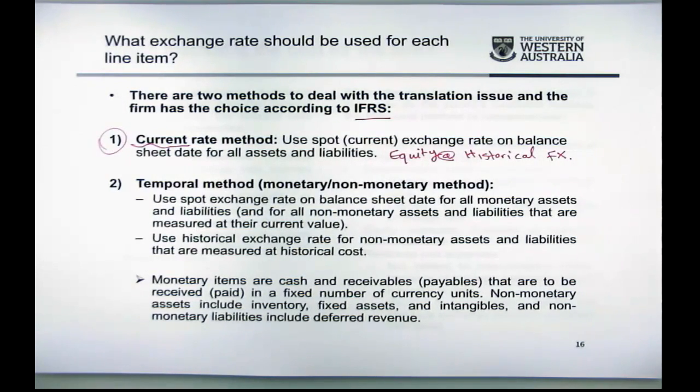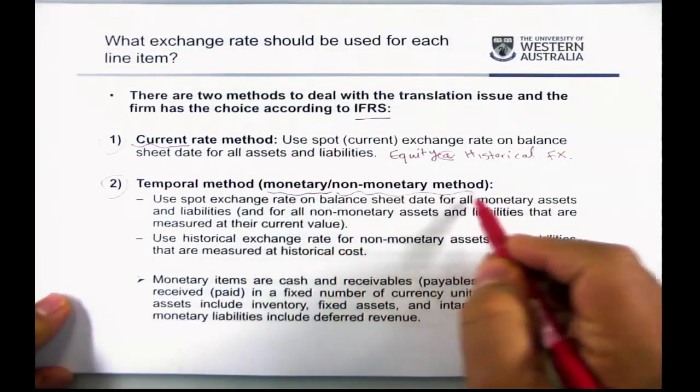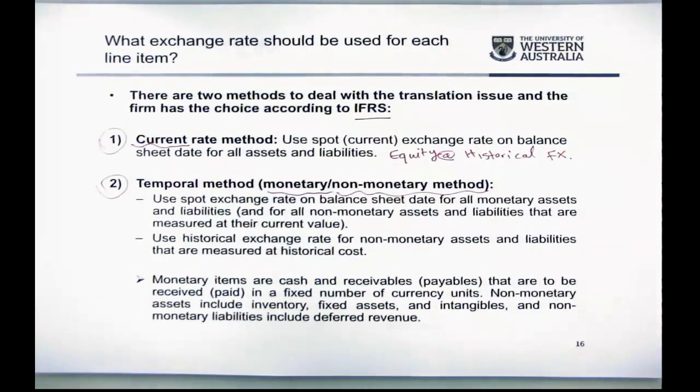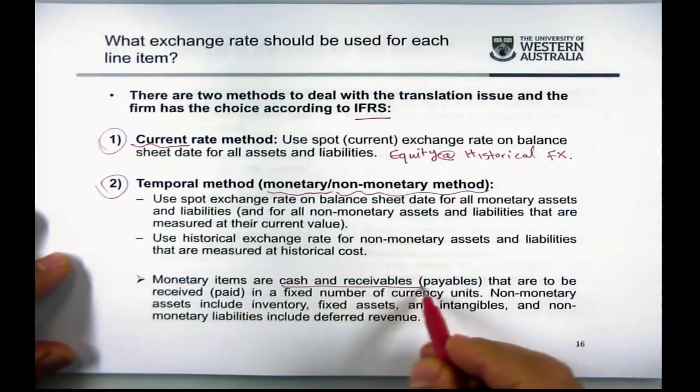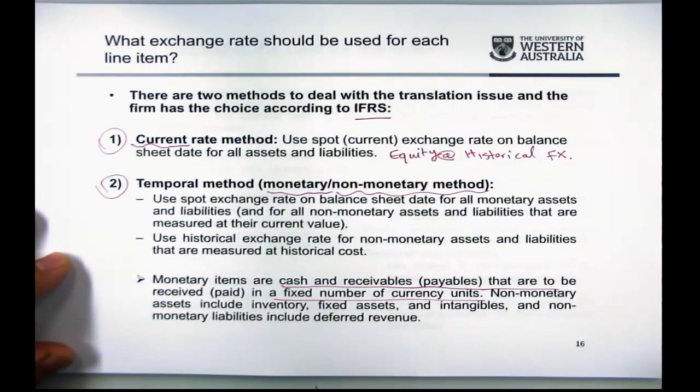The second method is called the temporal method, where we need to make a clear difference between monetary and non-monetary assets and liabilities. Monetary items are cash and receivables or payables that are to be received or paid in a fixed number of currency units. Non-monetary assets include inventory, fixed assets, and intangibles. And non-monetary liabilities include deferred revenues,